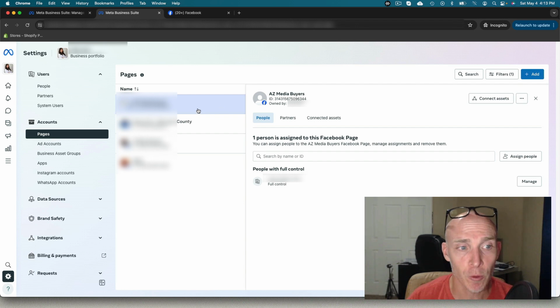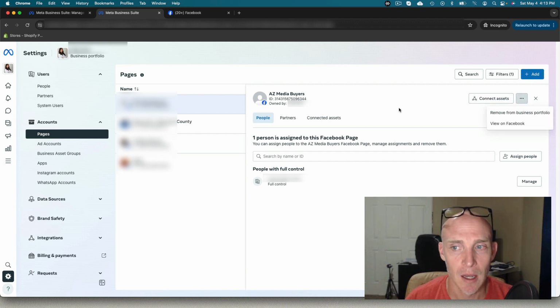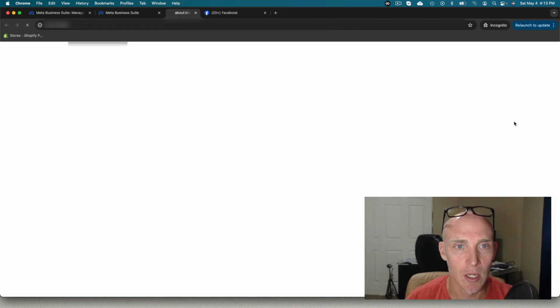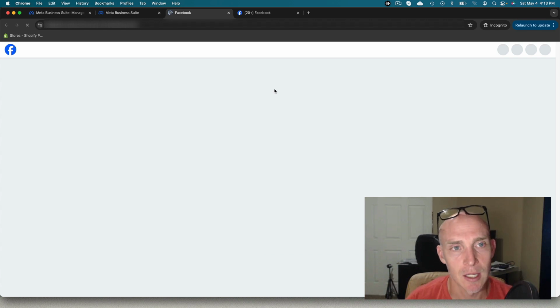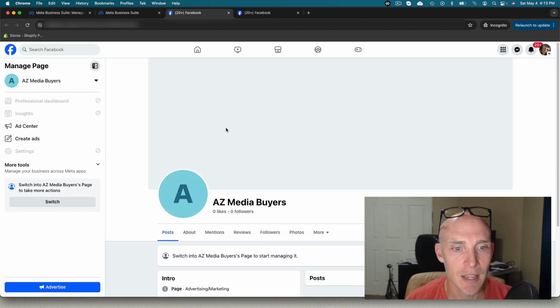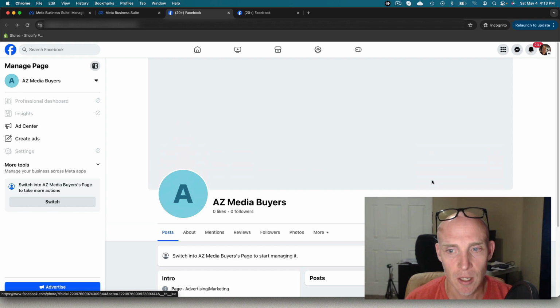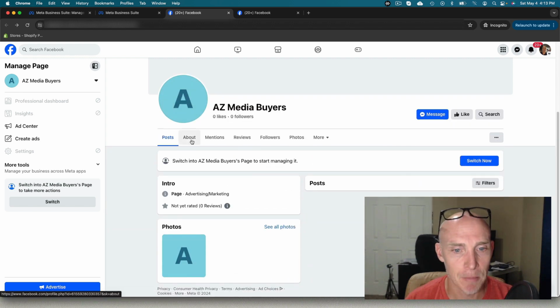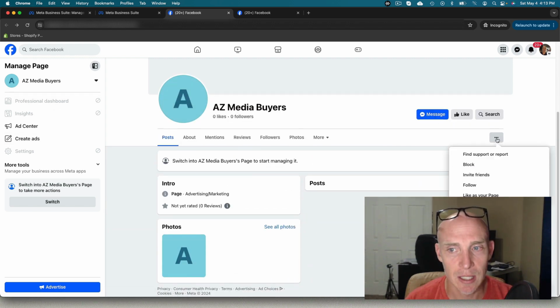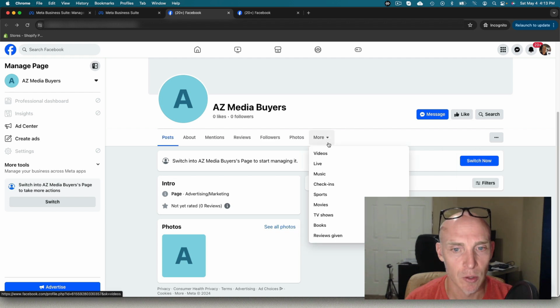So if we're creating a page, because that's the first thing we want to do, we want to make sure we set that page up. But we can just go in and hit view on Facebook. In here, we're setting up a Facebook page, right? AZ Media Buyers is pretty simple. We're going to click here. We're actually going to come up here and add the details about us. We can edit all these things in here. So more,